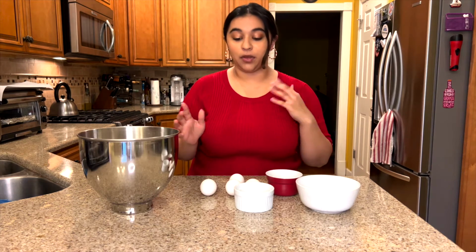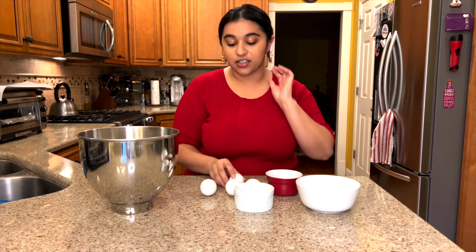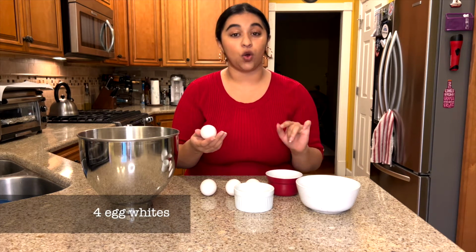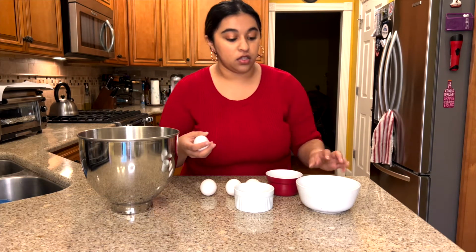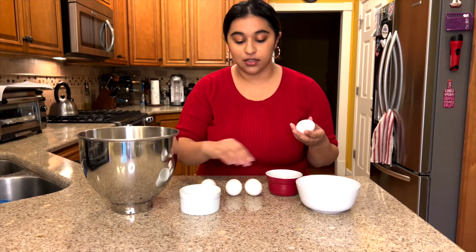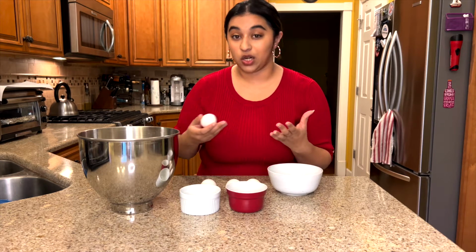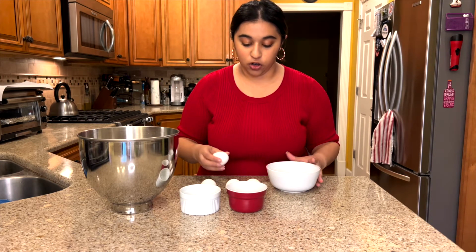The first step in making the pavlova is getting 4 eggs. And we're gonna separate the yolks from the whites because we're only using the egg whites today. So I'm gonna do this with my hands because I don't like using the shell, just because the shell might crack the yolk. So first I'm gonna